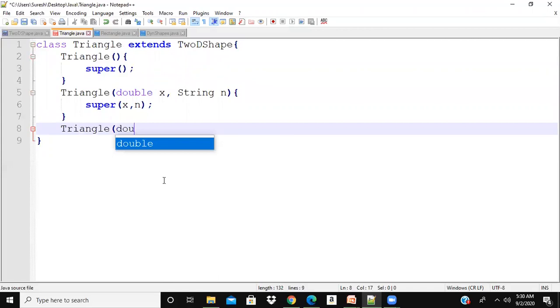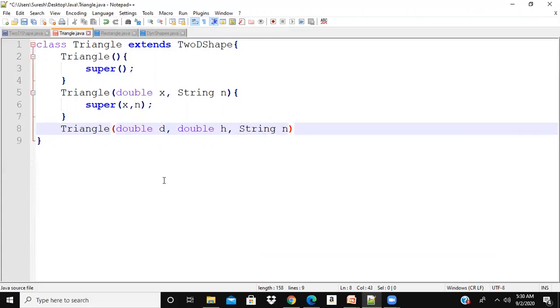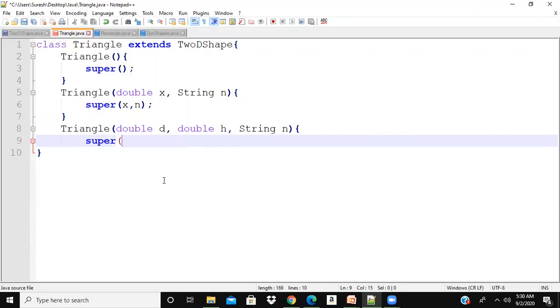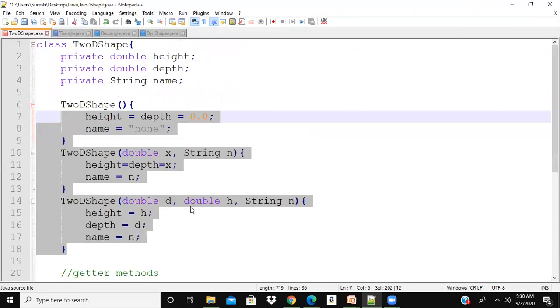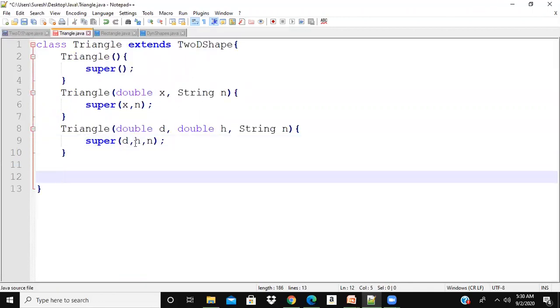Triangle double d, double h, String n. Super d, h, n. That's all. We got all the 3 constructors ready. Setter methods will be ready. We should be overriding the area method.